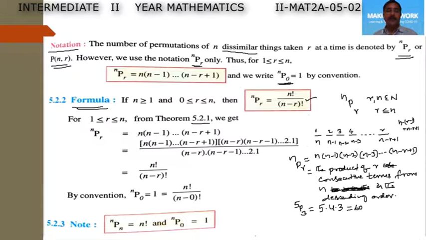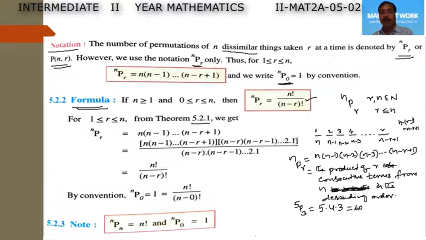So first we take its direct value: n into (n minus 1) into (n minus 2) and so on up to (n minus r plus 1). Now this value is multiplied with the consecutive product of the values from (n minus r) to 1. Here we have the product of consecutive numbers from n in descending order up to (n minus r plus 1). If we go on decreasing 1 from every value, (n minus r plus 1) gives (n minus r) when we decrease 1 from it, and decreasing further 1 gives (n minus r minus 1), and so on